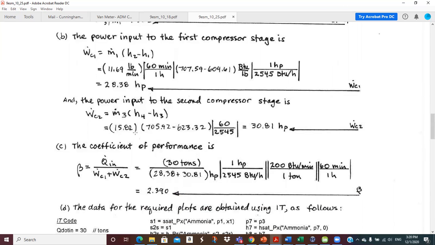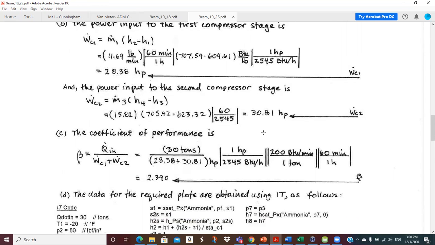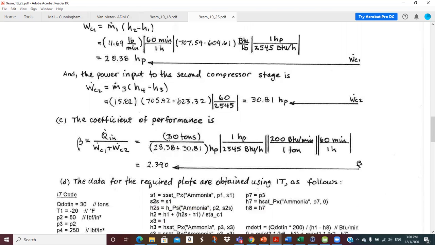And the power input for the second compressor stage is its mass flow rate times its enthalpy difference, and then converted, because that's right, we have a 60. Yeah, we got to have a 60 because we've got pounds mass per minute, so that makes it hours, and then we convert it. So it's basically the same calculation with different numbers for the second compressor. So we get 30.81 horsepower,